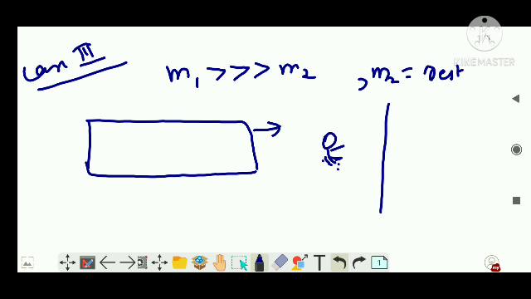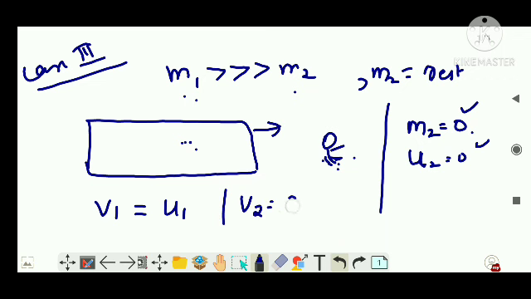In the eye of m1, that is the lorry, you don't exist at all, right? So your mass, I can say, is equal to 0. So I can equate m2 equal to 0. Similarly, its velocity, that is your velocity, you are just standing now, so velocity is 0, right? Now when you substitute the m2 and u2 values in your respective v1 and v2 equations, you will get v1's value as u1 and v2's value as 2u1. Just substitute by yourself, guys, not a big deal, right? You will get this exact value.